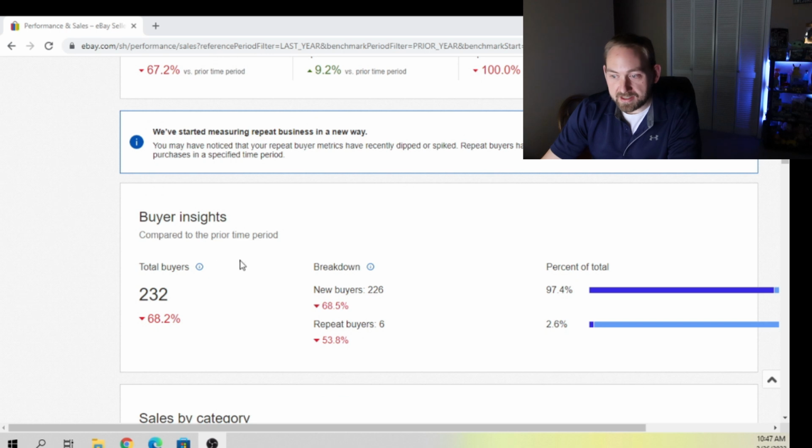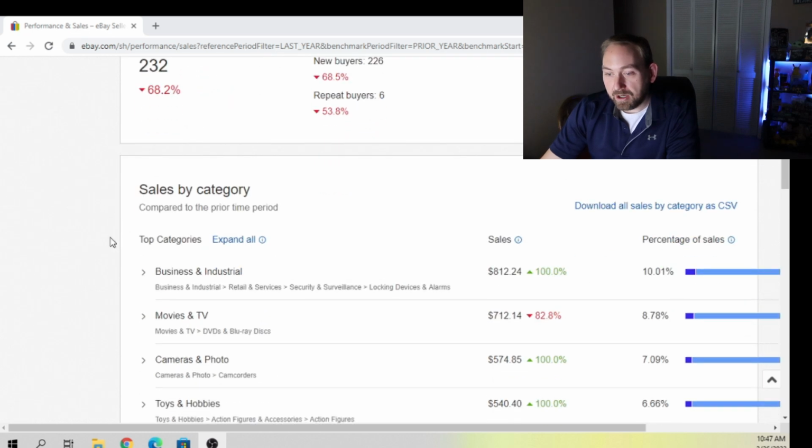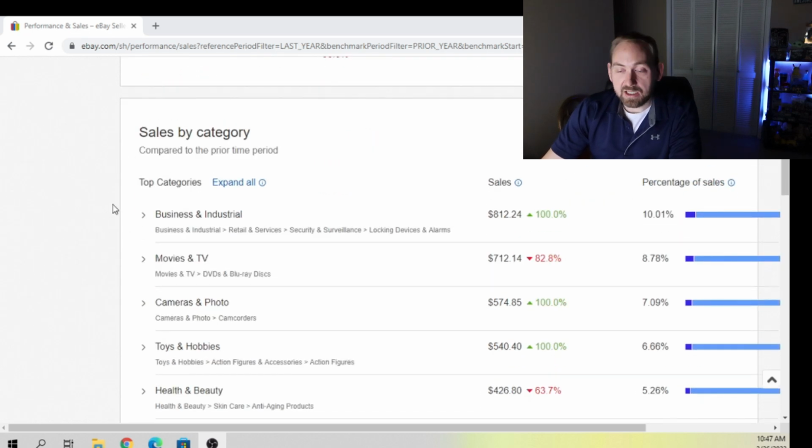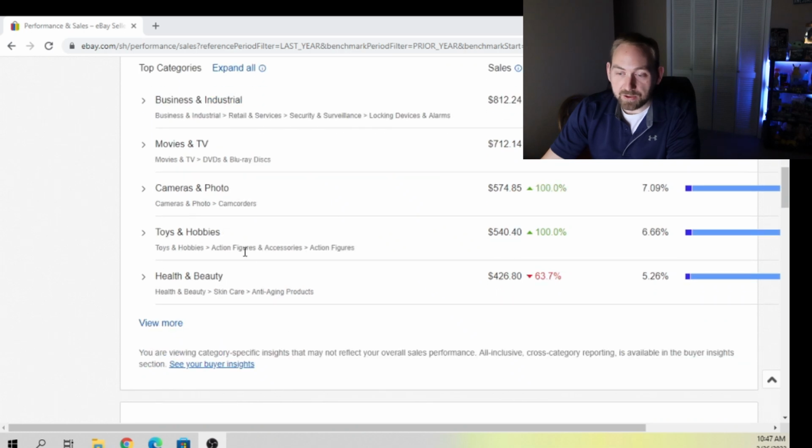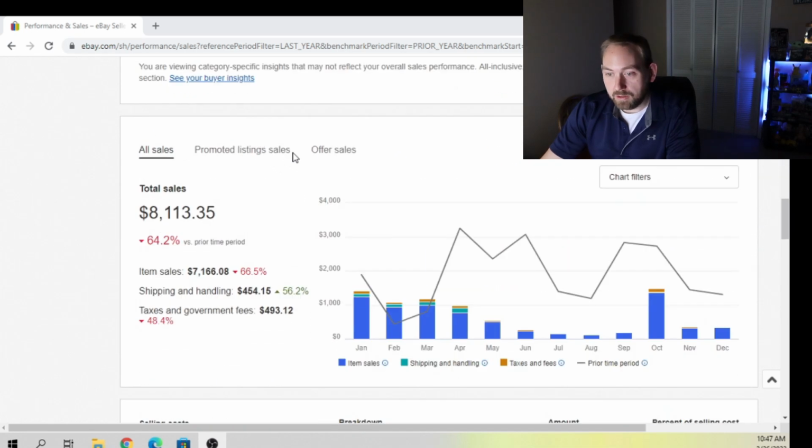They've got some buyer insights, new buyers, repeat buyers, and then it just kind of breaks down your total number of buyers, total number of new buyers versus repeat buyers, and the percentages there. And it also breaks down the categories that you sell in as well. And looks like business and industrial locking devices were my #1 category, movies and TVs, cameras and photos, toys, and health and beauty. So we're going to scroll down a little bit more,